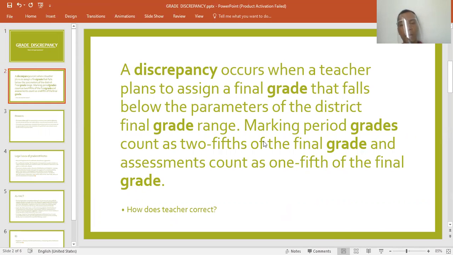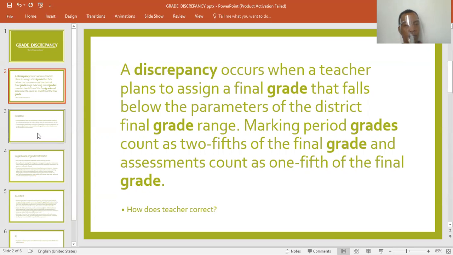Marking period grades count as 2/5 of the final grade and assessments count as 1/5 of the final grade, or in the Philippines, it is 70/30 or 40/60. That is the grading system. So if a teacher computed below the parameters, when you say parameters, there is a range, especially the students are aiming for